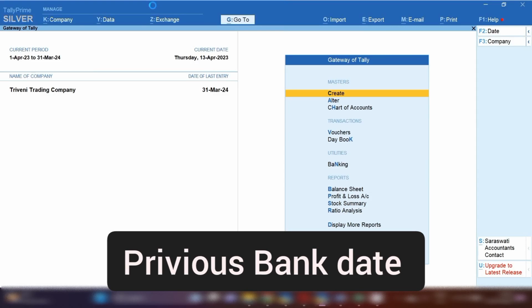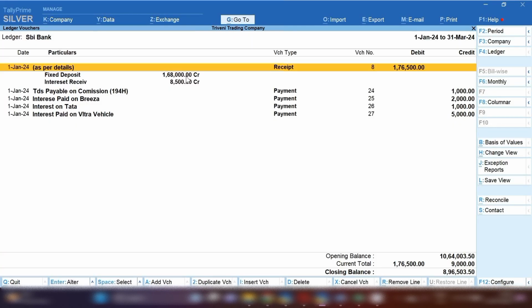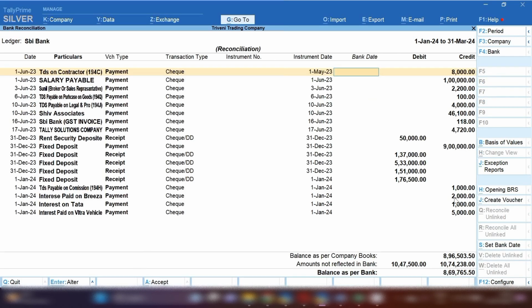Open Tally Prime, and from Gateway of Tally we will press Alt+L and open our bank. So I'm going to open my bank. SBI bank has been opened, and if you want to see mismatched transactions and correct them, and if you want to see the previous reconciliation date, from the right hand side click on the reconciliation option, and